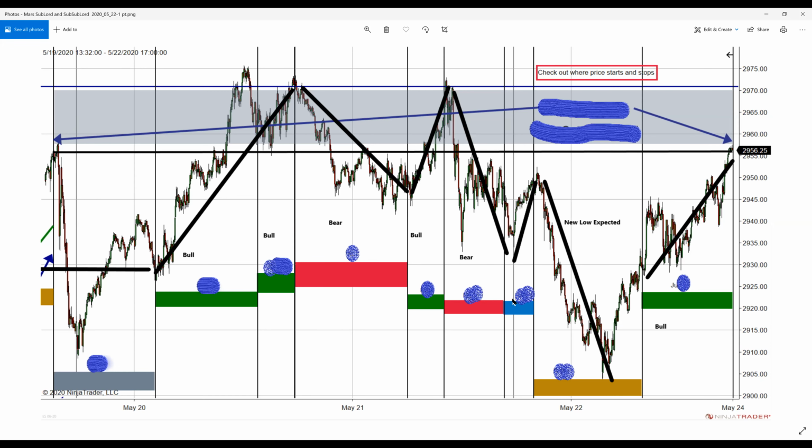The zone here marked by blue can go either way. It's generally bullish, but it can also be trend continuation. So in this case, it was bullish, and it's all the way up to the end of that zone.